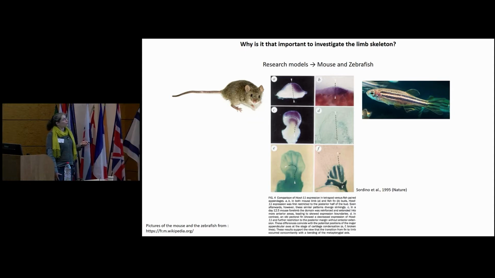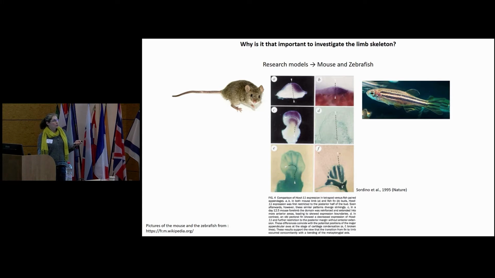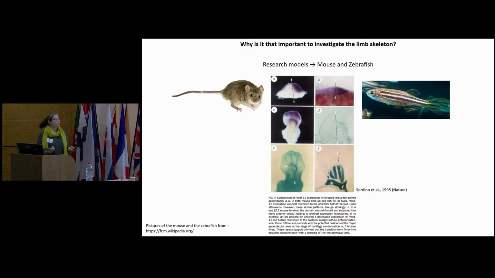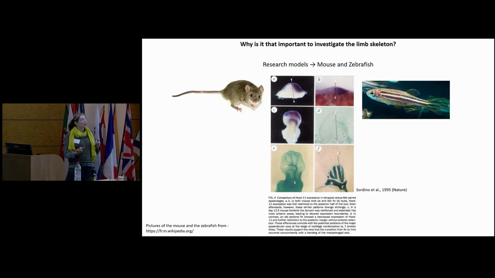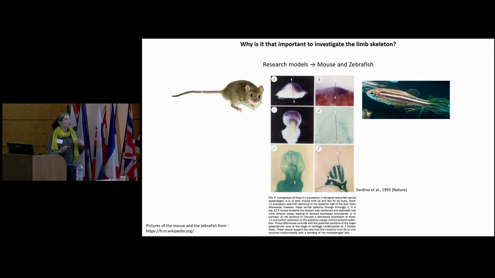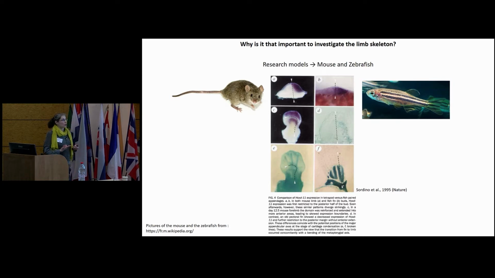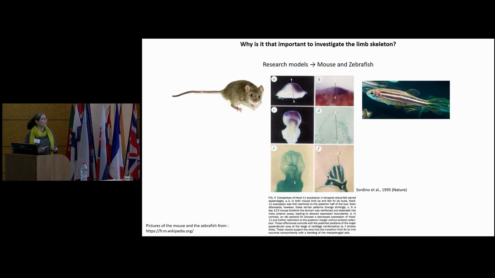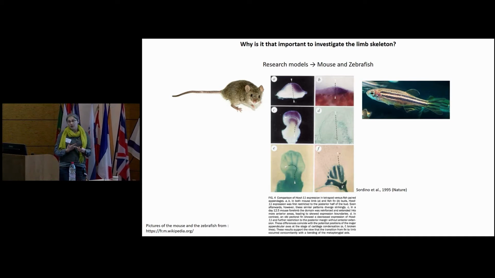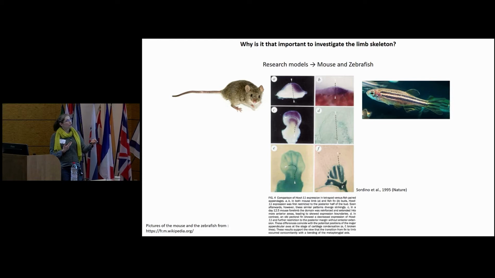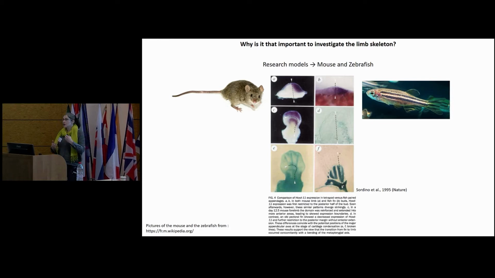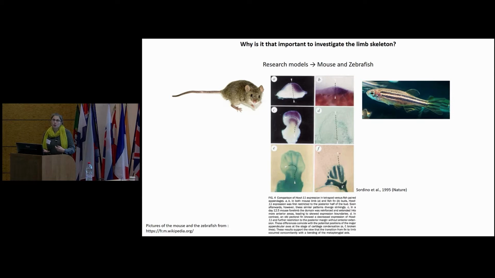As I told you, usually the researchers take as a model the mouse within the mammals or the zebrafish. Why do they take this type of research model? It's really easy to breed them in the lab, to reproduce them, so they can be kept in the lab. They can reproduce quite often, so they have a lot of babies that they can investigate, a big number of animals to test. And they have quite a fast development, especially the zebrafish, and they can study all the development as fast as possible.